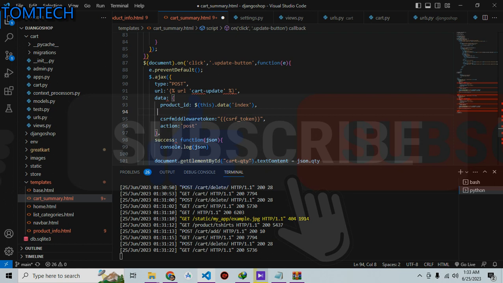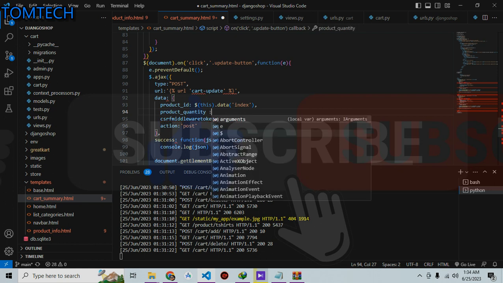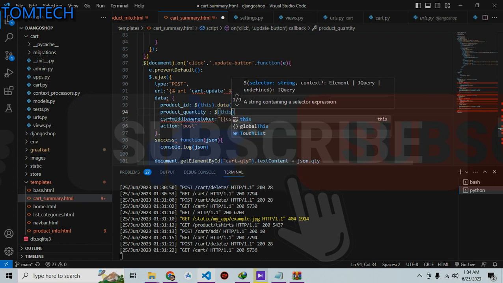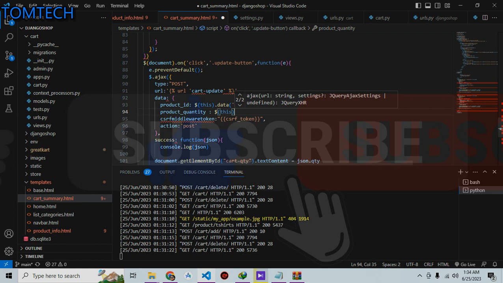So we need the product quantity. Make sure there should be no indent error in here. So after that, type this, and this should be our